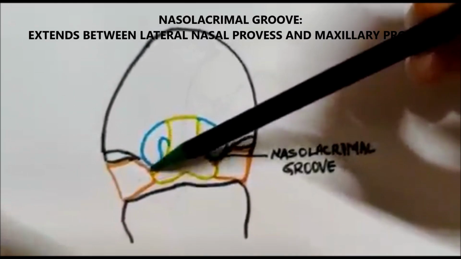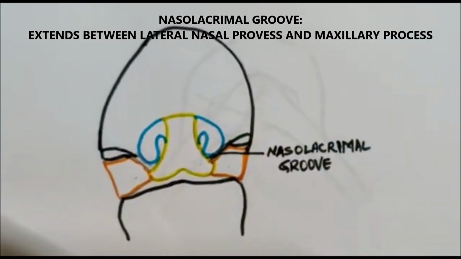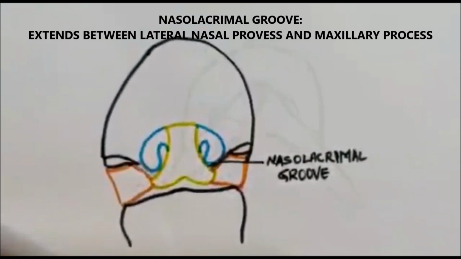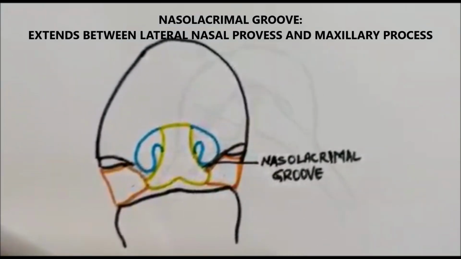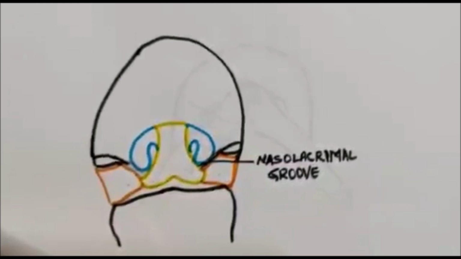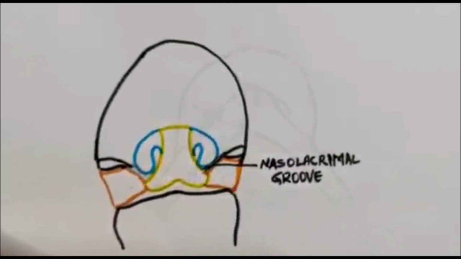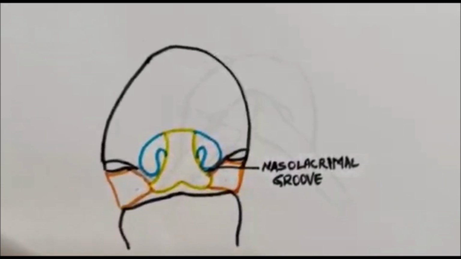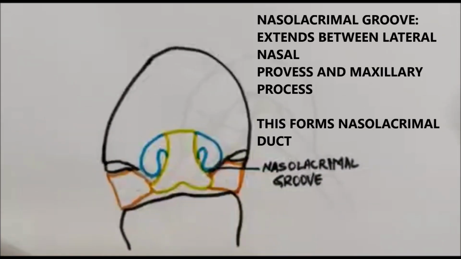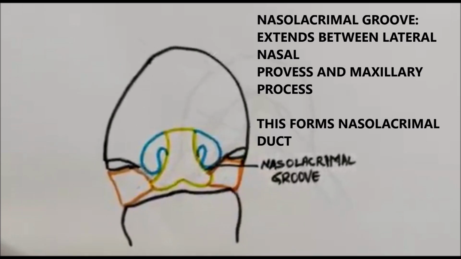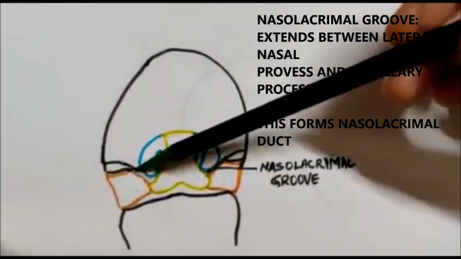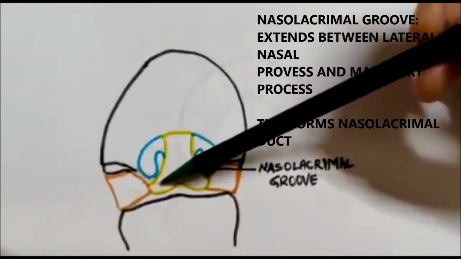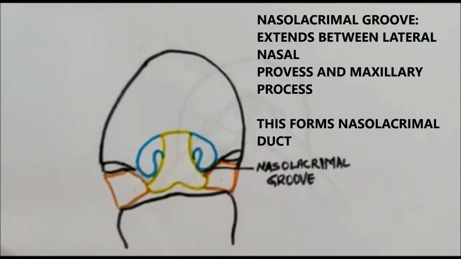This ectoderm proliferates to form a cord-like structure which extends from the eye towards the nose, and this will ultimately form the nasolacrimal duct. Initially it is cord-like, and later on with further degeneration of the cells, canalization will occur, and then a proper duct, which extends from the medial side of the eye to the nose, will appear in the form of the nasolacrimal duct.